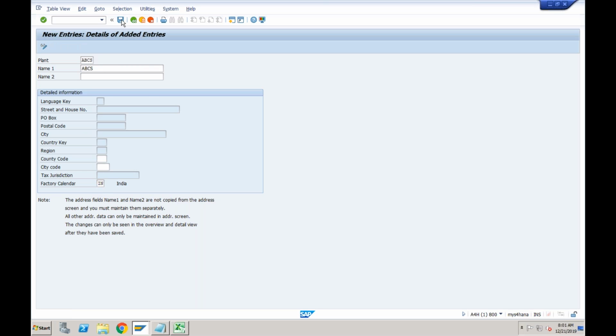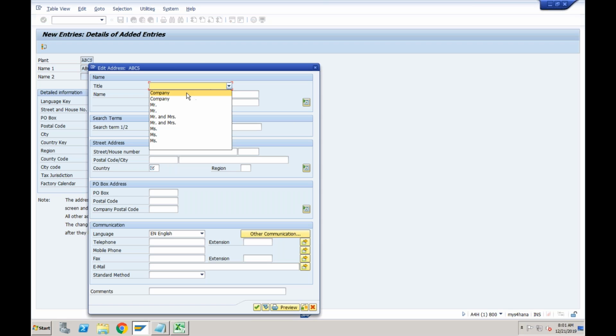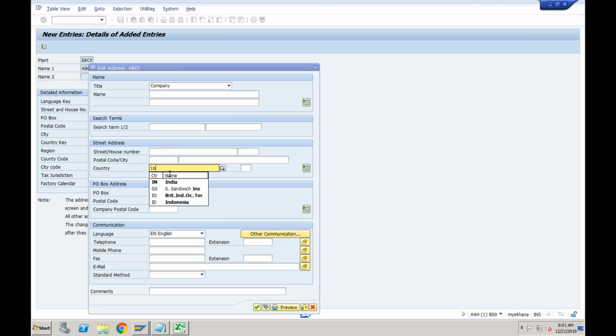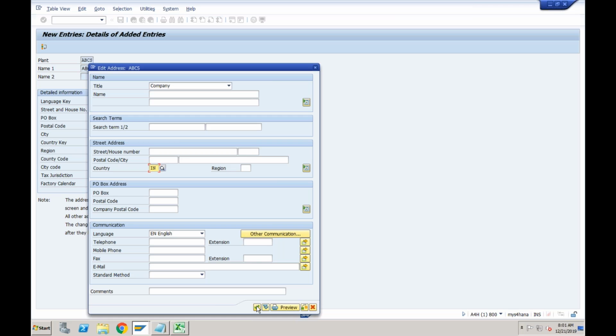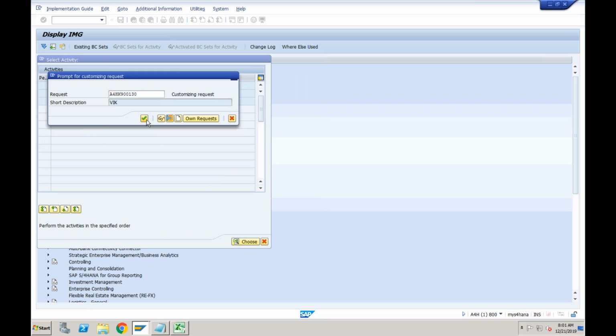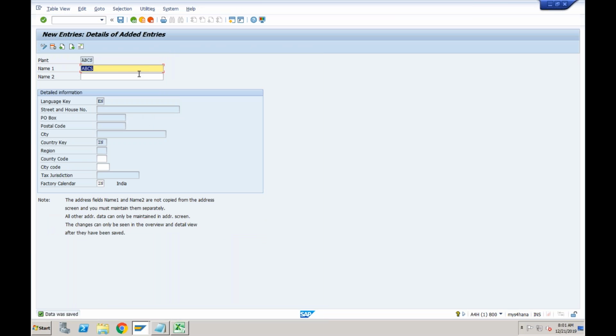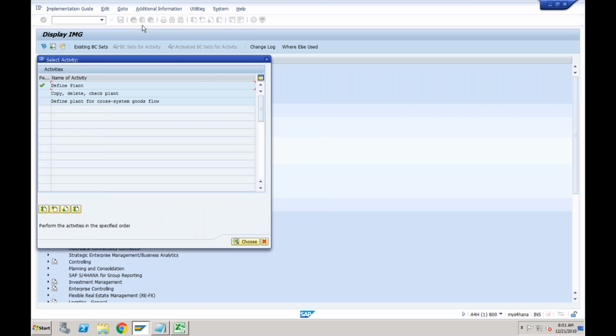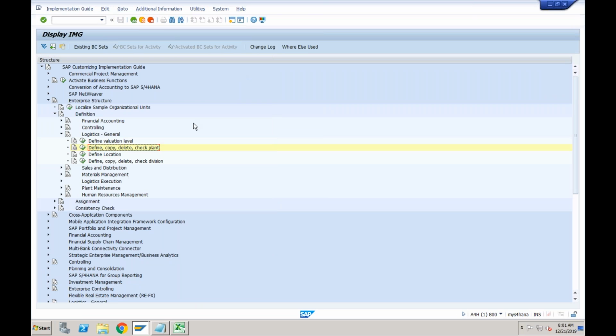Okay, so we just created a plant. Again, I'm just maintaining the mandatory information, that is country, and click on save. So this way we created a plant. Now the plant is ready. Let's come out, close this. Okay, and within the logistics general, I don't need location, but division is required from the sales point